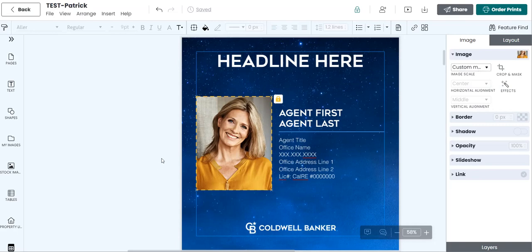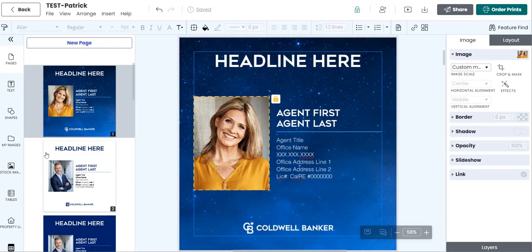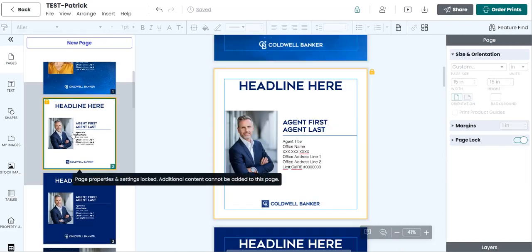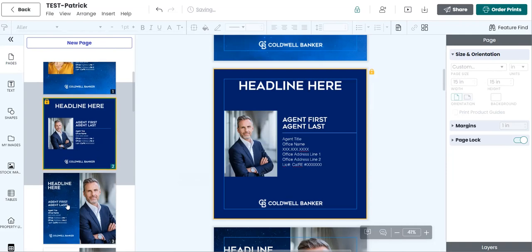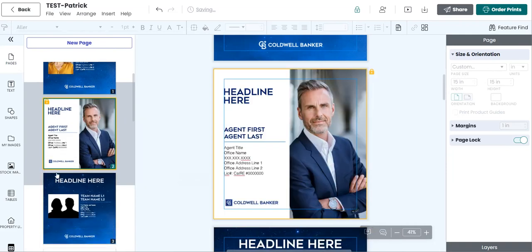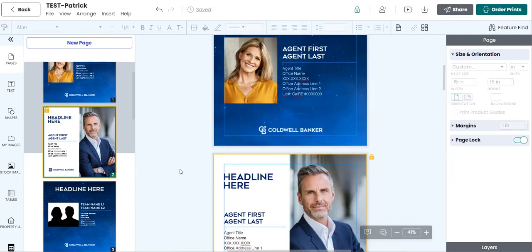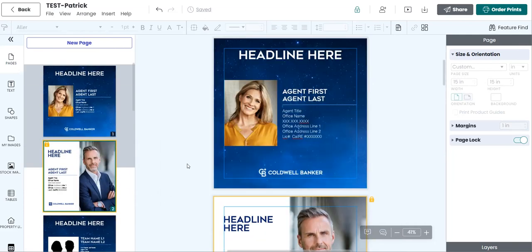We can work our way using the mouse wheel, scrolling through each page available to us to edit and customize any of the content. If it hasn't been prevented, we can also decide we don't need the extra pages, so we can click and choose to delete it, or we can shift click to delete multiple pages at once. And this way we can work with just the pages we need if there are multiple versions of a particular layout. Now, before we talk about collaborating